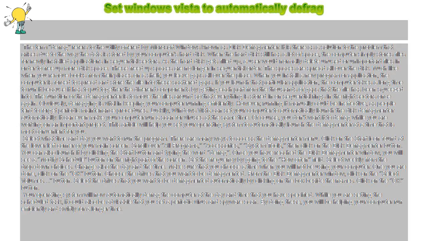Set Windows Vista to automatically defrag. The term defrag refers to the utility offered by Microsoft Windows known as Disk Defragmenter. It is there as a solution to the problem that arises due to the way the data is stored by your computer's hard disk. When the hard disk still has a lot of space, the computer simply stores files for